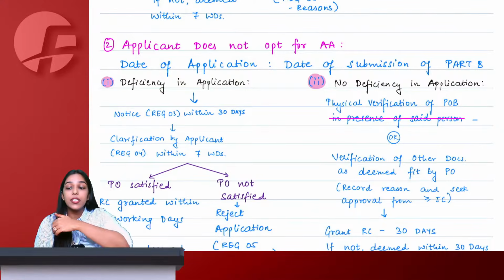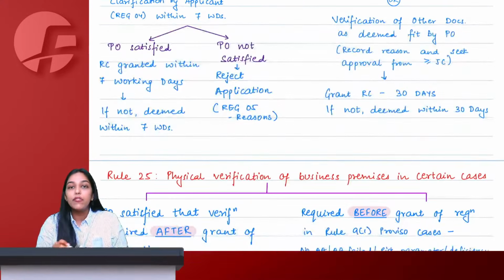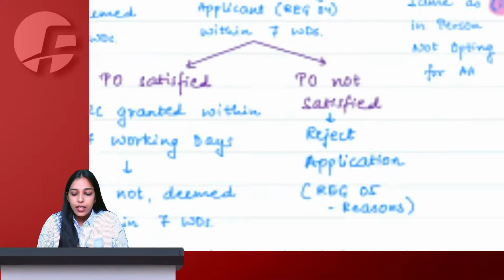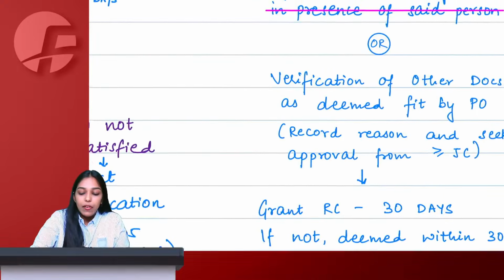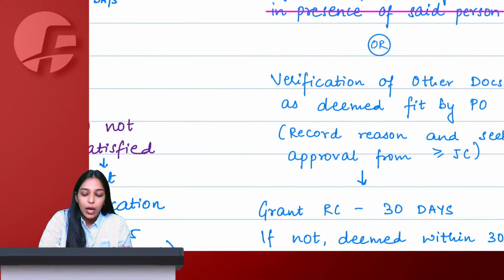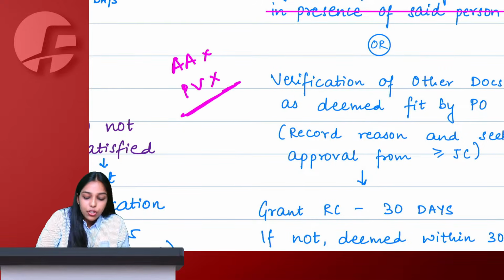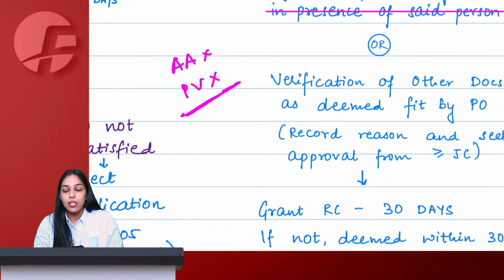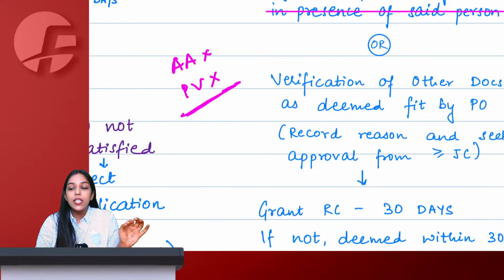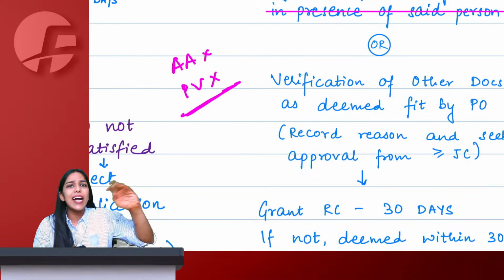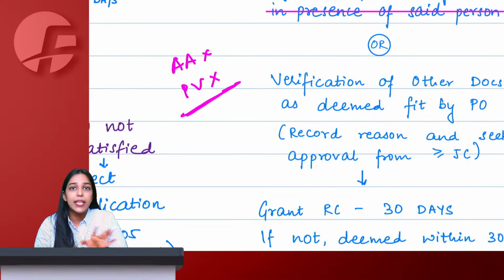If there is no deficiency, everything is okay, we will give you RC. Or there is another option available. If you are not able to do Aadhaar authentication, and we are not able to do physical verification also, it could be something serious. Now in this case, it is possible that some riots are going on in this place, so no officer is ready to even go there for physical verification. It is very risky. There is a landslide happening, an earthquake happening, anything like that.